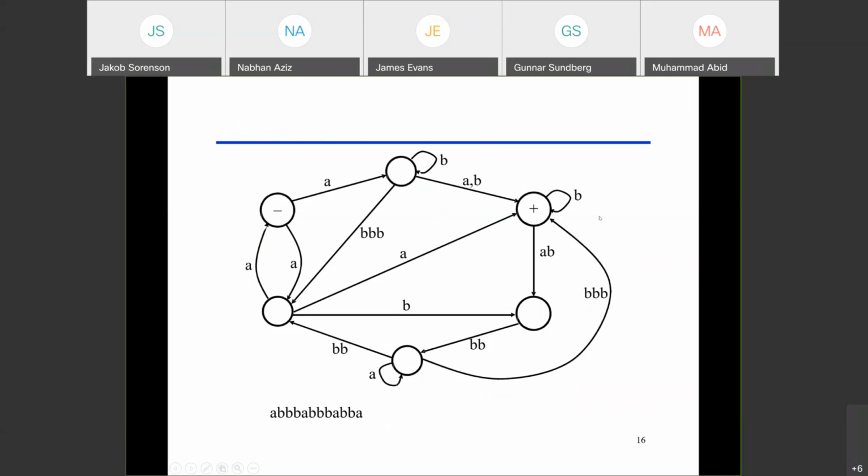So now let's go to this machine. Look at this now. You will feel the pain here. I have this word, and I want to see, this is not an FA for sure, because of BB and this one, and a lot of other things. Does this machine accept this word or not? This is my question.